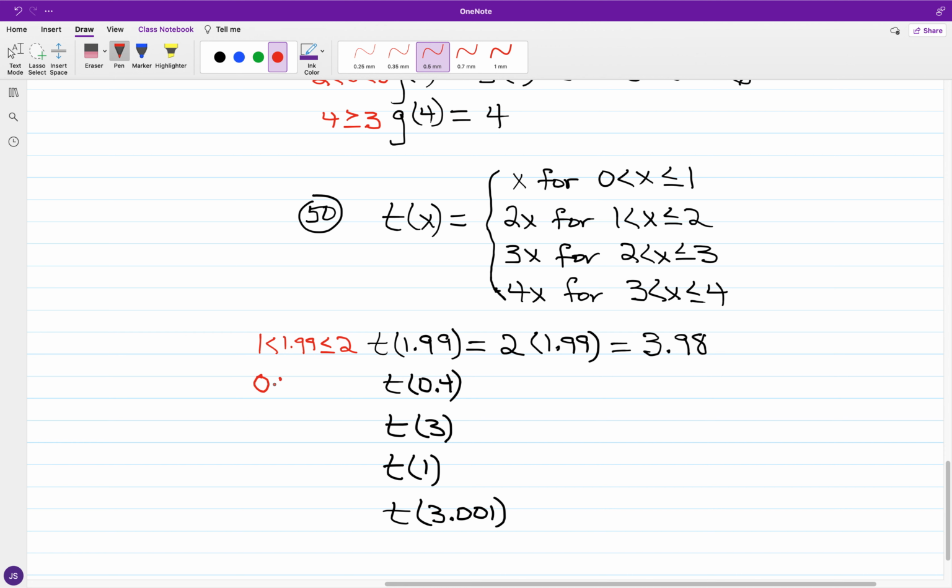So we have that 0 is less than 0.4 is less than or equal to 1. And in terms of what to do with values of x that lie in this particular inequality, well, the input x is just going to become the output, which you have at t of x equal to x, but t of 0.4 is going to lead to 0.4. Now, in the case of what we have with t of 3, so 3 appears twice,